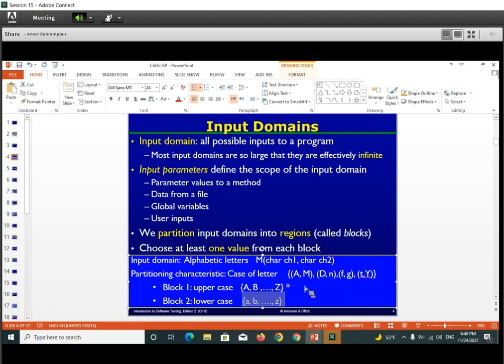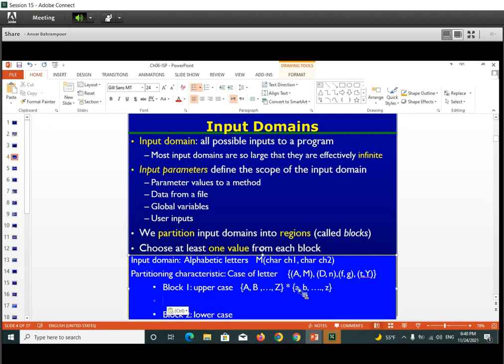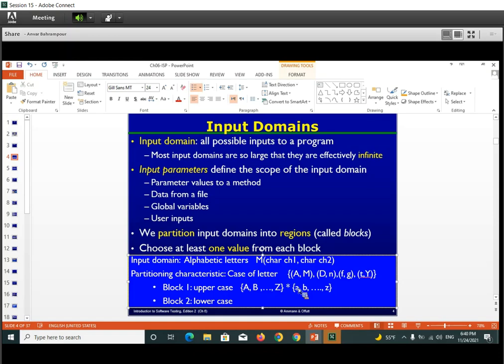The Cartesian multiplication of these two sets defines all possible combinations to test this method. But in most cases, it is impossible to test all combinations. We just use some